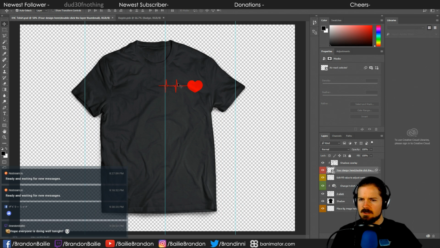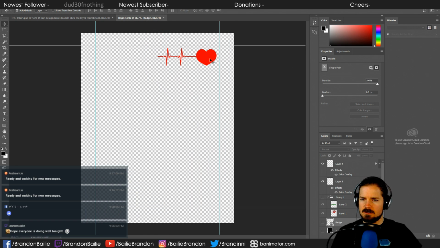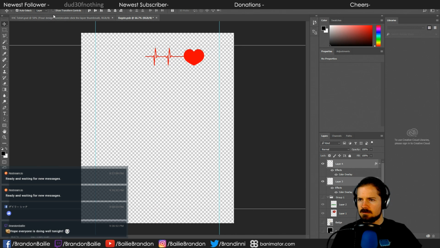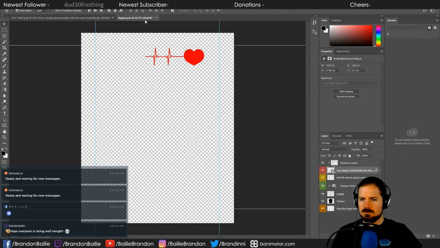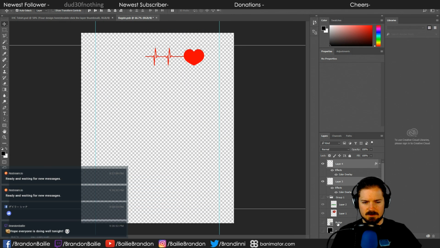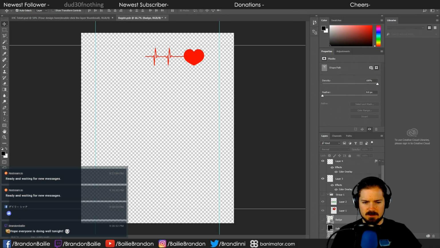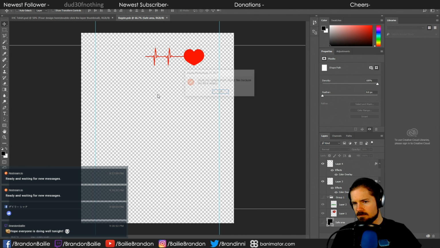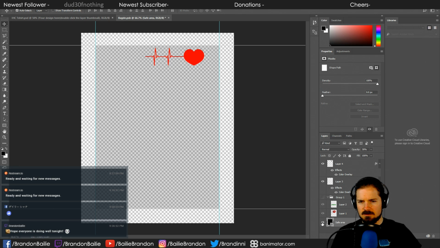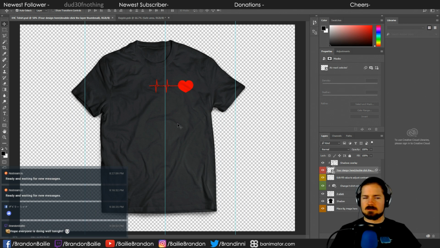Bring it over here. So that's a little bit too far. I always forget that you have to actually save this. I also want to see if I just kill that smart object file because the file is empty. Oh, well, I have the rulers up. That's fine. I don't see why, it's just another thing. All right, so that's about right.